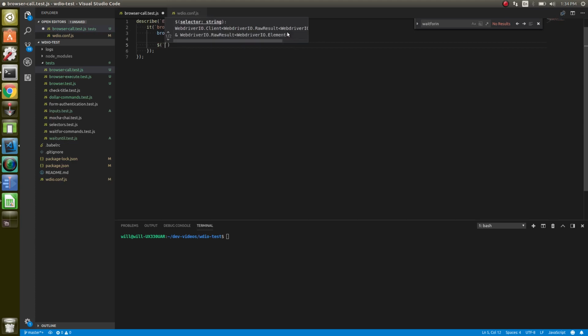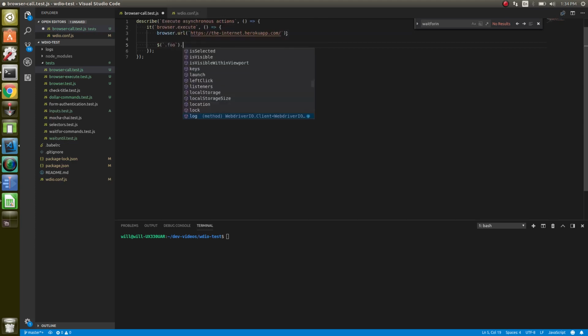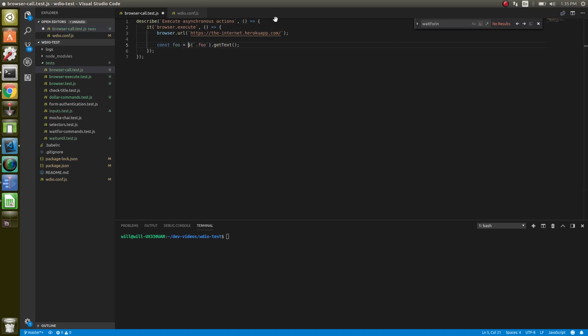When we do something like foo.getText, behind the scenes it's actually asynchronous. But what WebDriver does for us is it wraps it, it's actually called a fiber, which allows us to not have to worry about it. So we can assume that when we get the data from here, the next line will not be executed until this is completely finished and the promise is resolved. This is all done behind the scenes for us,